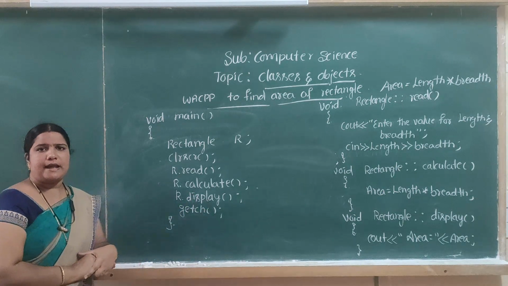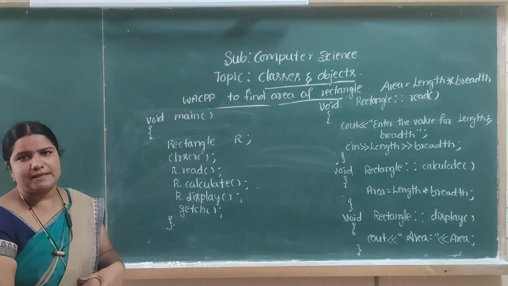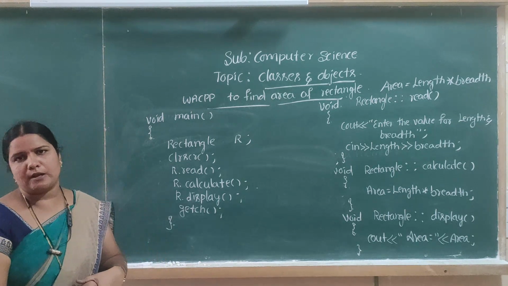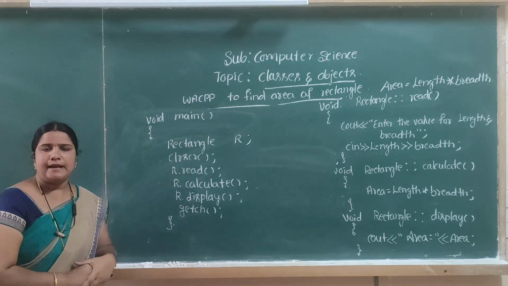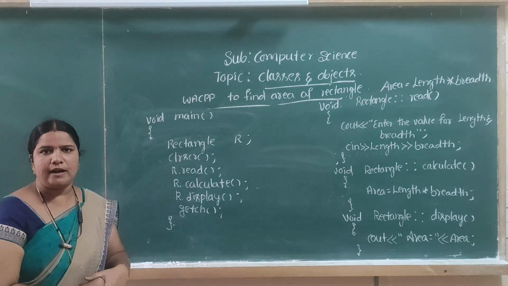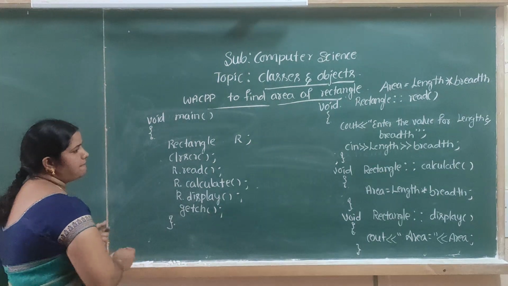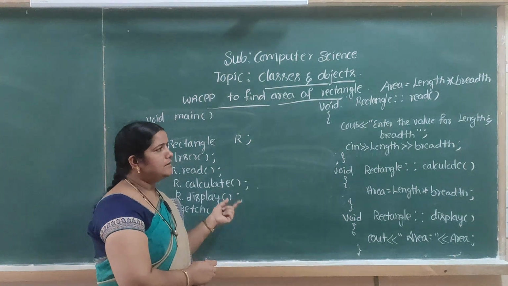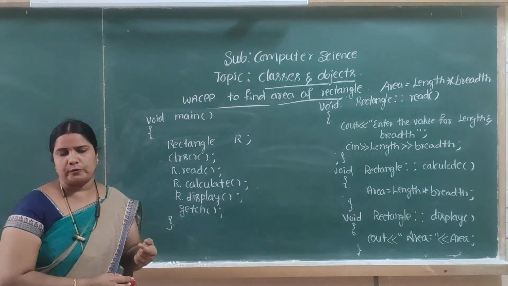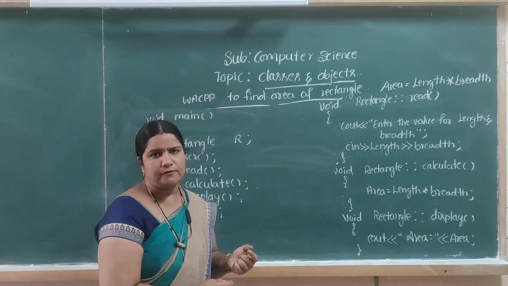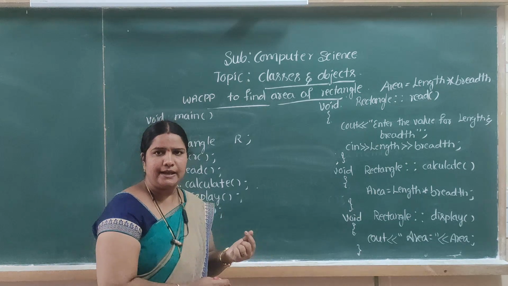So this is the concept we have to use to access the members of a class. And again one more program is there, that is we have to calculate the simple interest. It is one of the practical oriented programs. This is one of the methods we use for implementing the program using class.